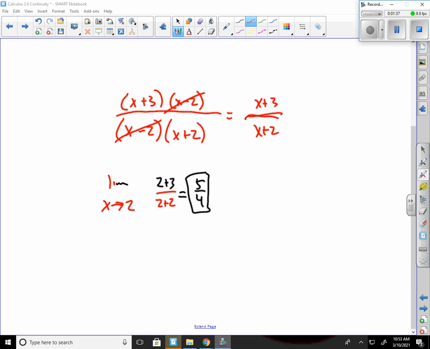Now, if I look at this, I still have an x plus 2 in the denominator, which means that at negative 2, it's still going to be discontinuous. Almost said that wrong. So it's still discontinuous at x equals negative 2. So whenever I go to put my extension in now,